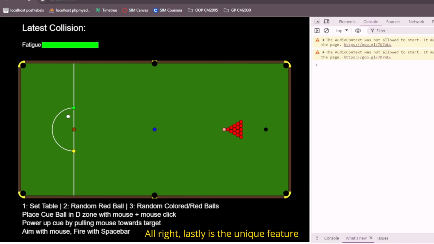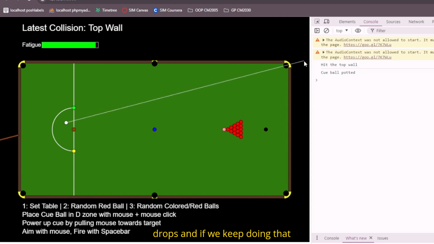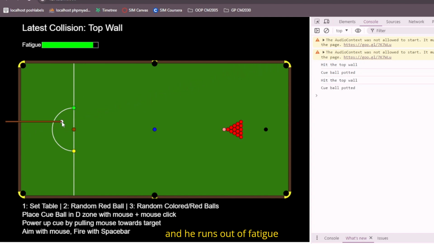Alright, lastly is the unique feature of this application. As you can see here, there is something that is not included in the rubrics, which is a fatigue bar. What this fatigue bar does is when a user hits a ball, there is a threshold of what he can do without getting tired. So let's just say he hits very hard into this hole right here and the cue ball is potted, as you can see, the fatigue bar drops. And if we keep doing that and he runs out of fatigue,